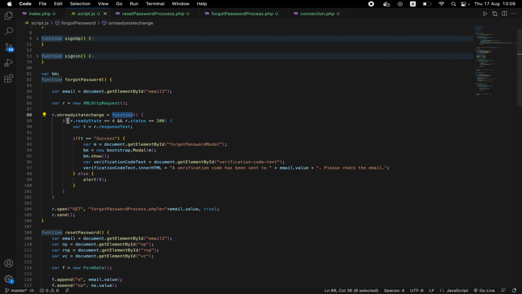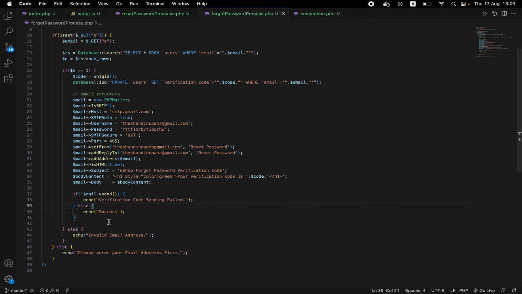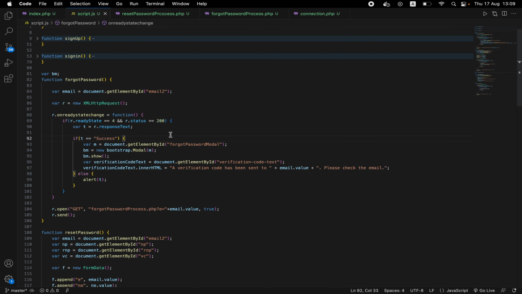And in here I have written an if statement, r.readyState equals 4 and r.status equals 200, which means our HTTP request is successful. If it is successful, whatever the response we get, assign it to this t. So if we get t equals success, that means